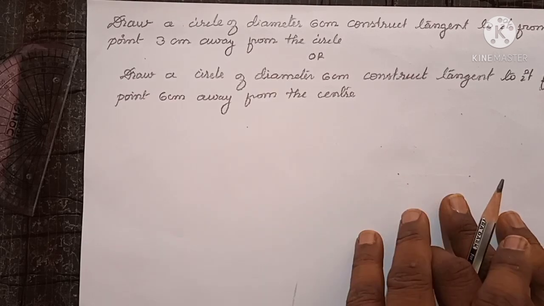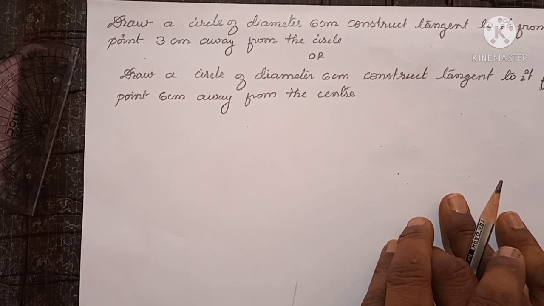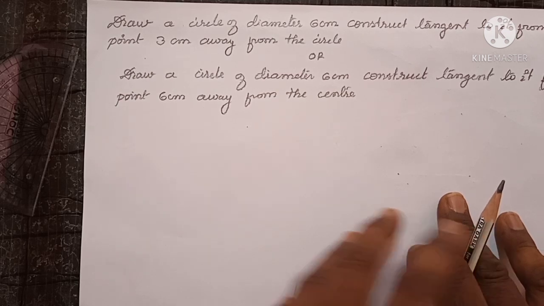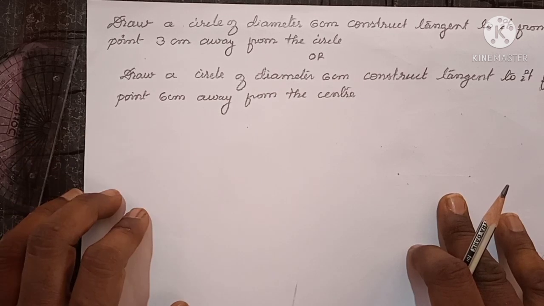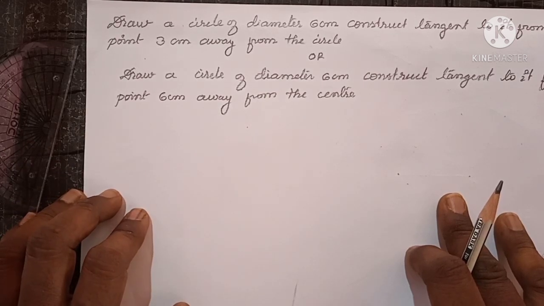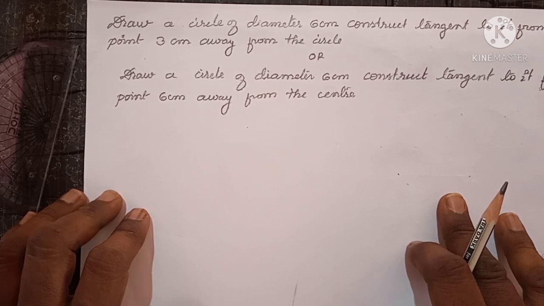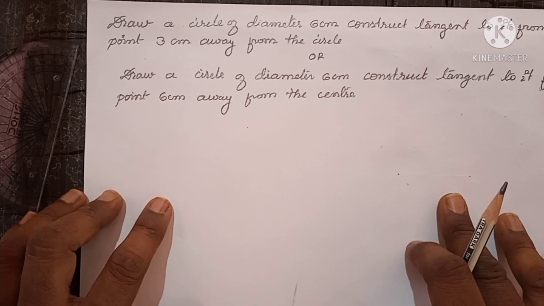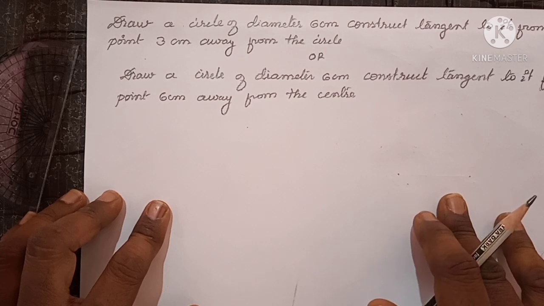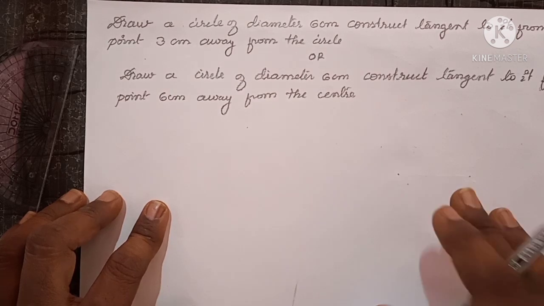Hello students, again we start the what? Another two problems. These two problems will also be asked in the examination, and the questions are important. So you can read the questions and don't be confused about them. Read carefully and understand how we construct the tangents to the circles, how they ask the questions, and where the confusing points are given.